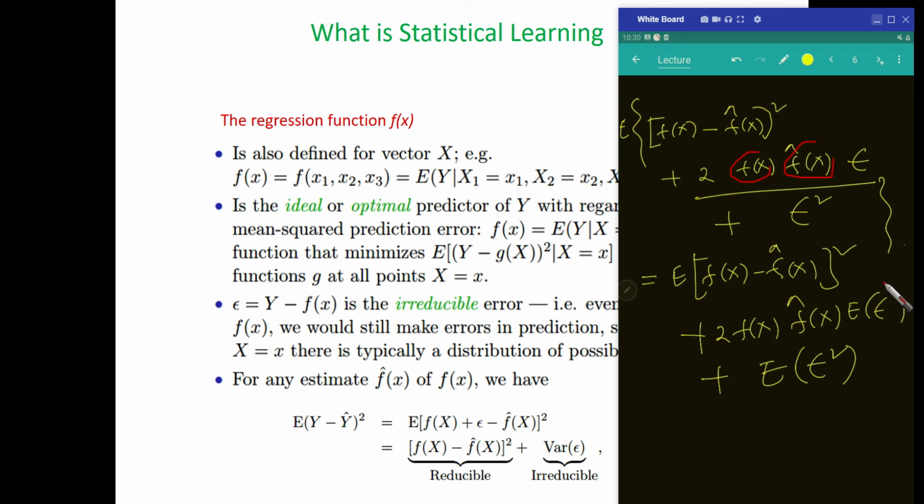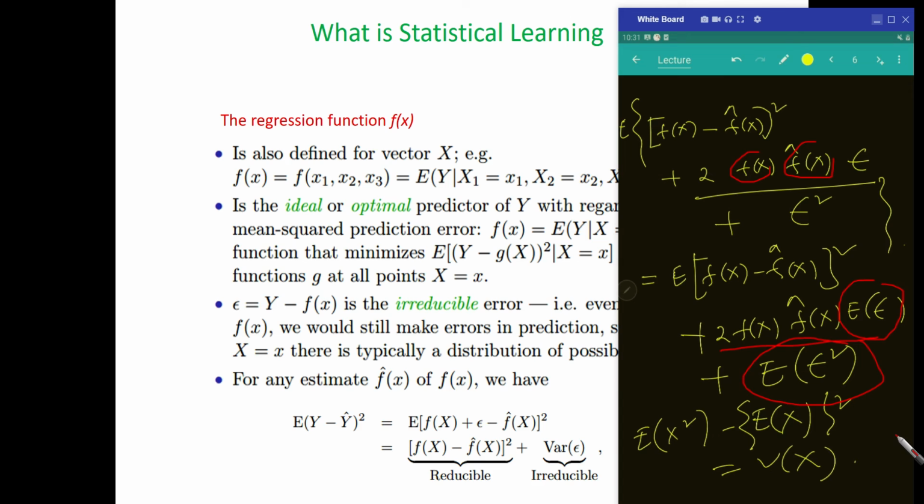Now, what is the mean value of this one? We already said that the average value of epsilon, the error term, is 0, so this becomes 0. And this one: the formula that the expected value of x squared minus the square of the expected value of x is equal to the variance of x. Because the mean value is 0, this is actually the variance of epsilon. So we can write it in this manner. This is the variance of your error term, and this is your